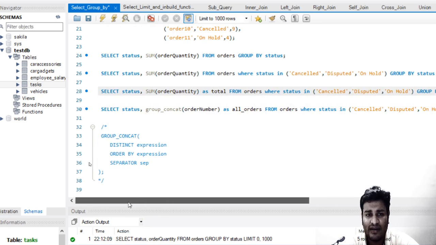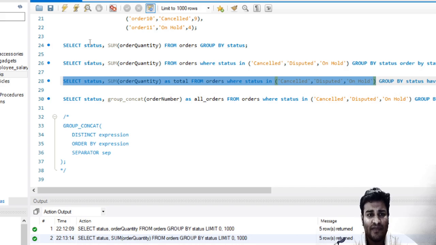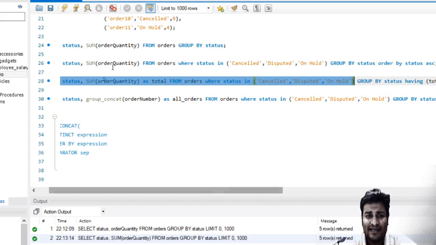So again, try to bifurcate into various parts. Till here we are seeing all the records whose status is in cancel, dispute and hold, and we are seeing the status and order quantity. The order quantity has been taken as total. Then we say group by status, which means that for every status the order quantity will be summed up, right?